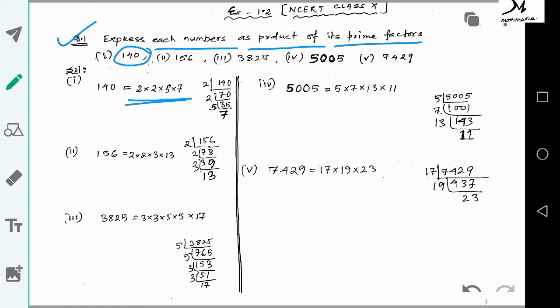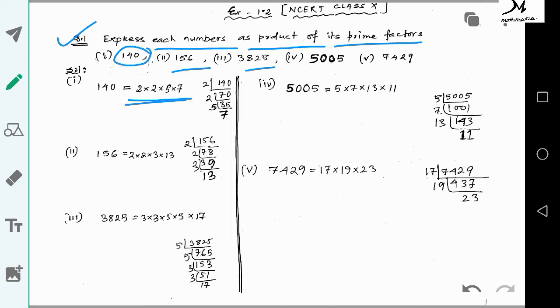number. Okay, you know prime numbers are those numbers having no factor other than itself and 1. A number is said to be prime if it has no factor other than itself and 1. So you know what is a prime factor, what is a composite number. Okay, prime number and composite number. So you need to factorize those, and you have to express them as a product of their prime factors.